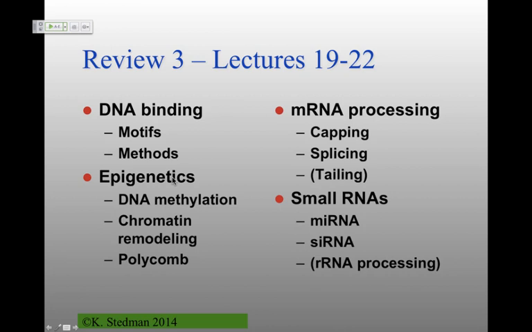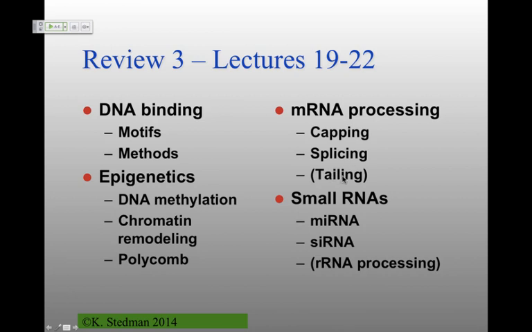Then our second guest lecture was about epigenetics and how you get inheritance in the absence of some kind of change in your sequence. That, of course, has to do with DNA methylation, chromatin remodeling. And when I say chromatin remodeling, I take this as being a very general case where you also have all the modifications that happen to the histones. And then the Polycomb proteins, which are really critical in terms of these non-genetic changes to gene expression. And particularly important is this connection between the Polycomb proteins and a lot of these small RNAs, or the non-coding RNAs. A little bit about messenger RNA processing.